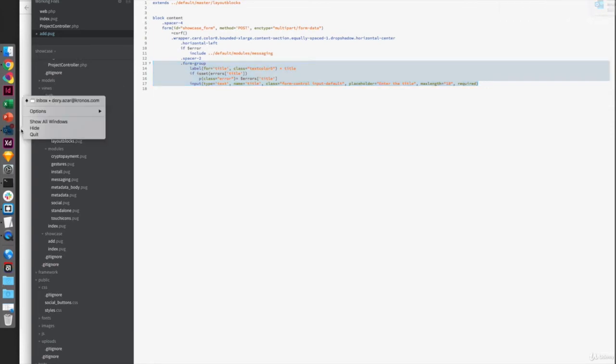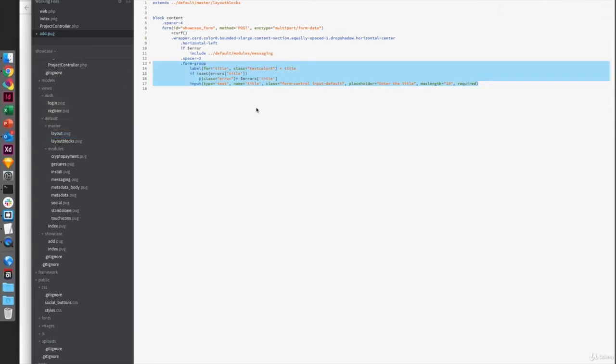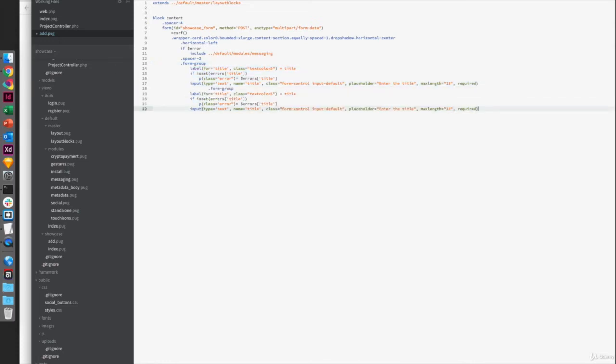Let me just close my emails, otherwise we are gonna hear a lot of sounds. So let me copy this. Okay, this is one form. Now this is another form group, and what we're gonna do in here is really going to be